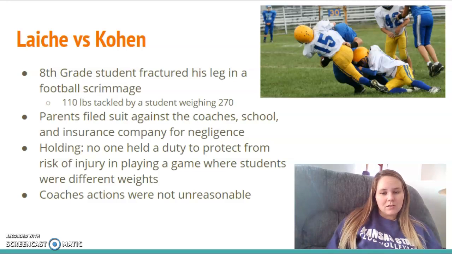I agree with the courts because signing up to play football, you're automatically assuming some risk that goes with that. Obviously, we don't know the whole situation, like, were all the kids 270 pounds and there's a little kid who played, or just one kid that big for those football teams. So proactive measures, depending on the weights of the other boys, if he was that small, maybe holding him out. But then again, is it really fair to sit a kid on the bench because he's 110 pounds when he signed up to play football?